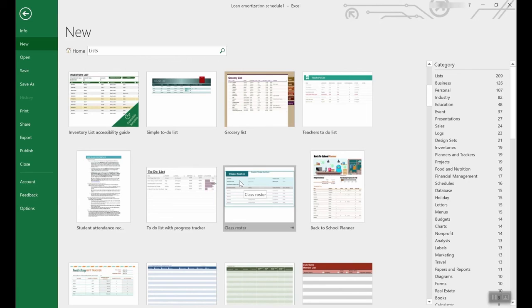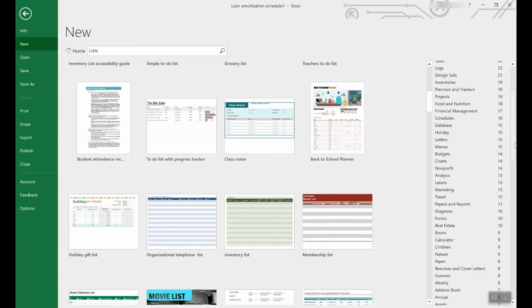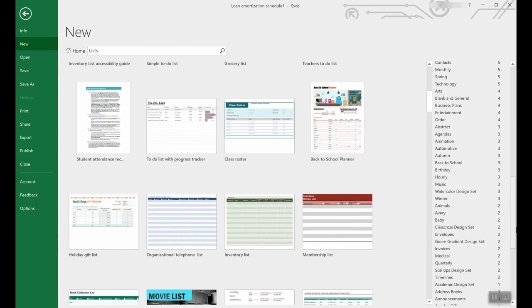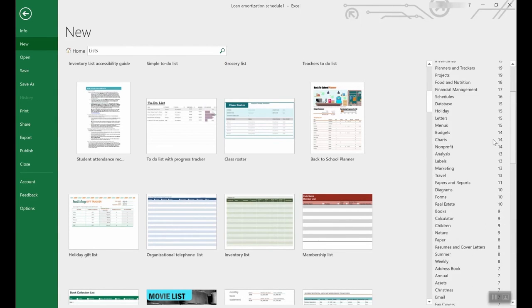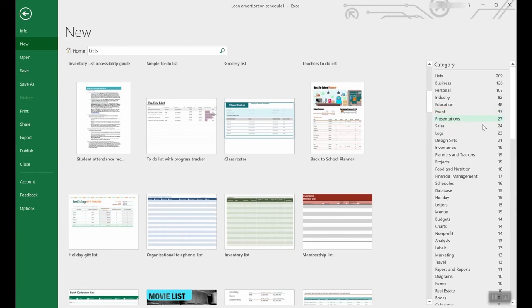You don't want to download random Excel files that you find on the internet. They could have macros that can do damage to your computer. So trust me, stay within Excel. So even more important is over here to the right, we have a huge category of all kinds of different templates. So this can be a really good time-saving source and a source of inspiration, saving you time,